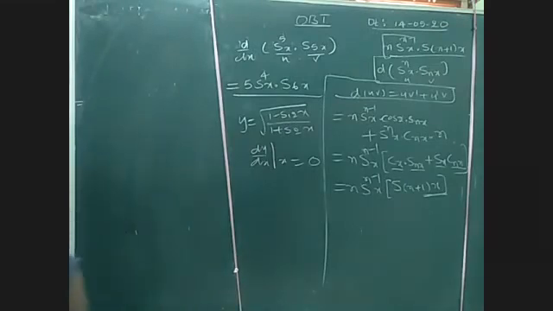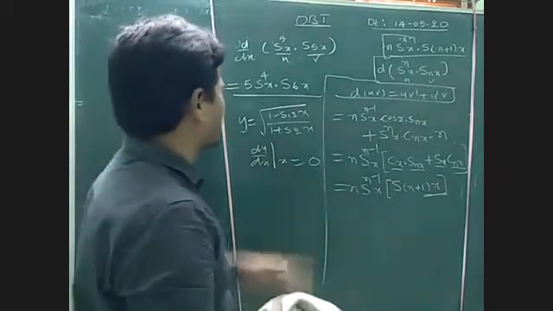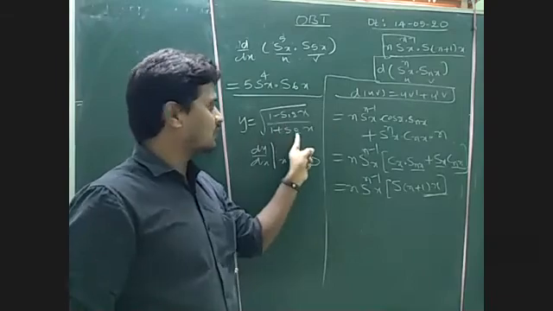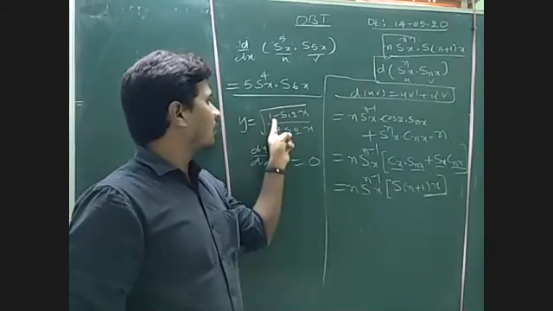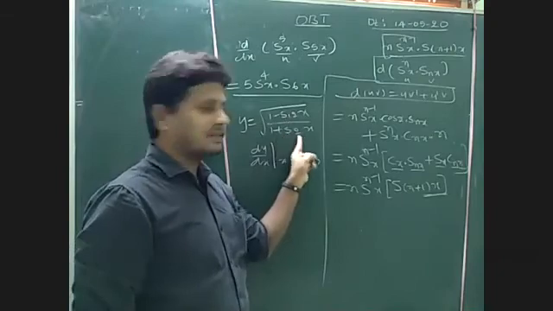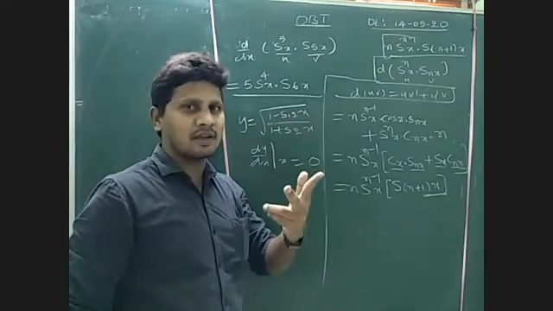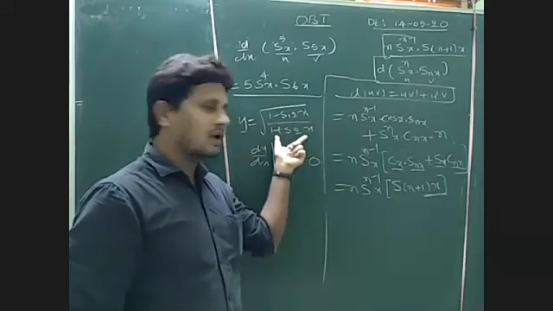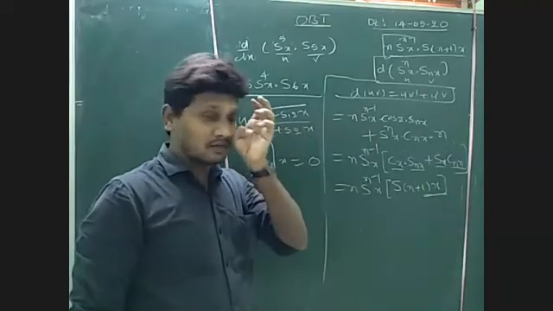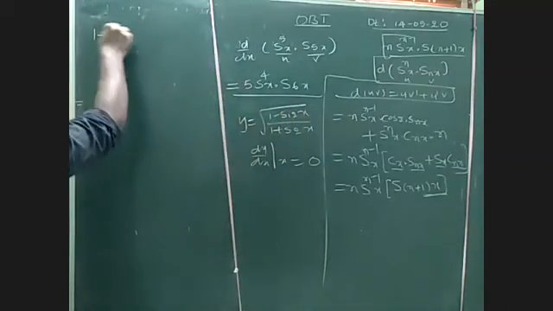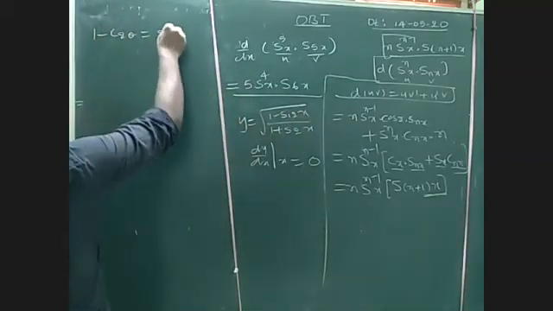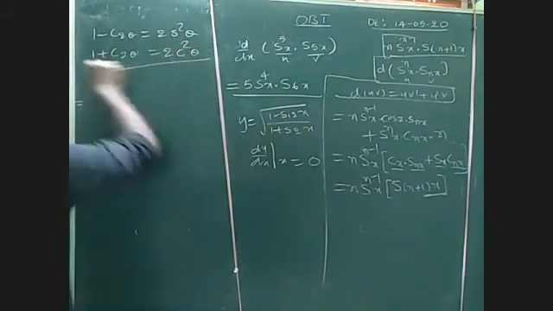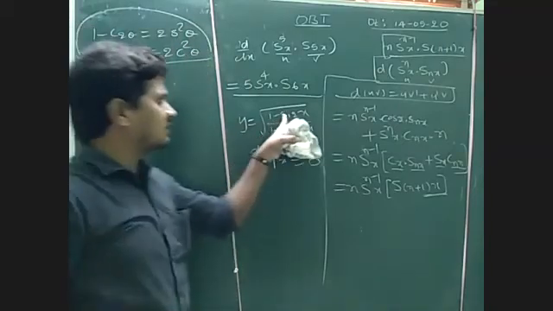One way is to convert into cos. There is no formula directly for 1 minus sin theta or 1 plus sin theta, but there are formulas for 1 minus cos 2 theta and 1 plus cos 2 theta. I said these two formulas are very important for us. 1 minus cos 2 theta is 2 sin square theta and 1 plus cos 2 theta is 2 cos square theta. Remember this. We can convert this sin into cos.